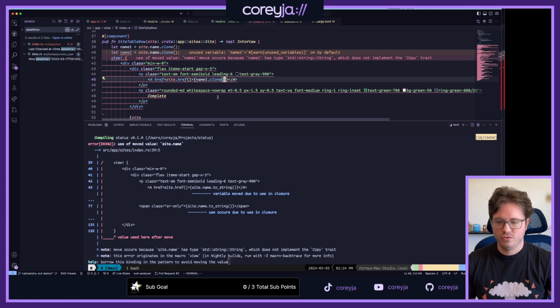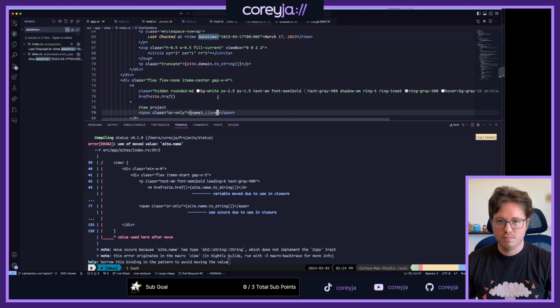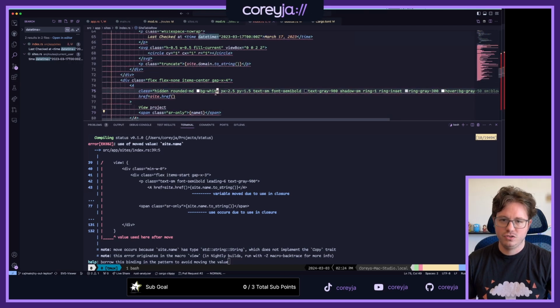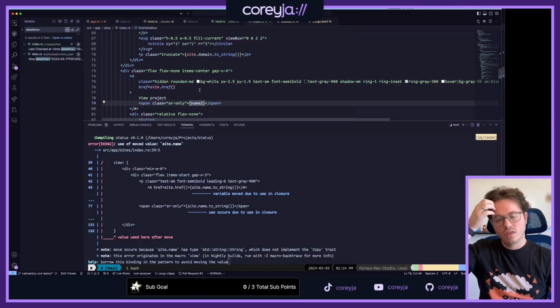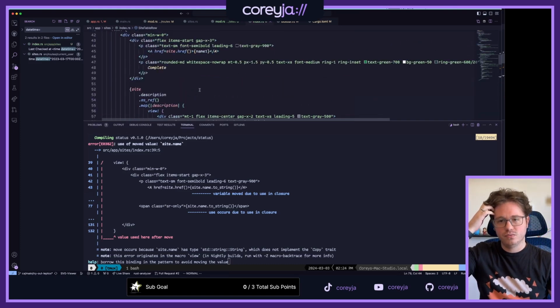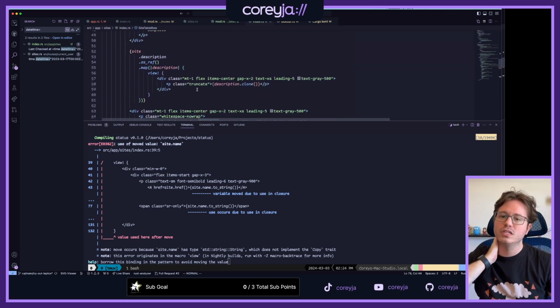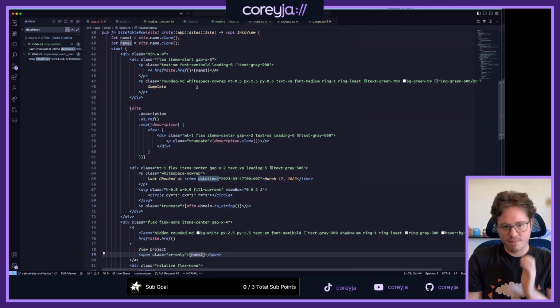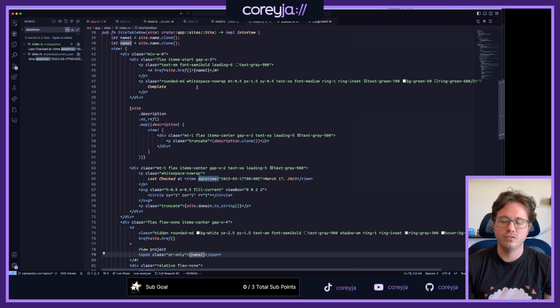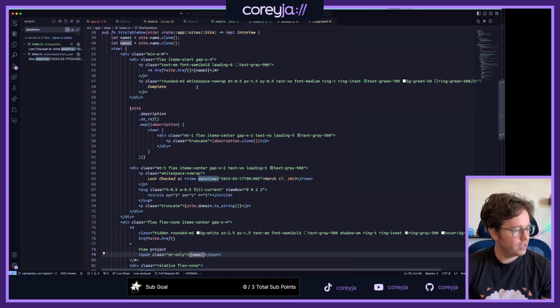Yeah, interesting. Okay, so the view macro definitely is creating a closure that messes with stuff in ways that's hard for me to reason about. I can't use name twice just by referring to it as site.name.clone, even though I feel like I should be able to do that.